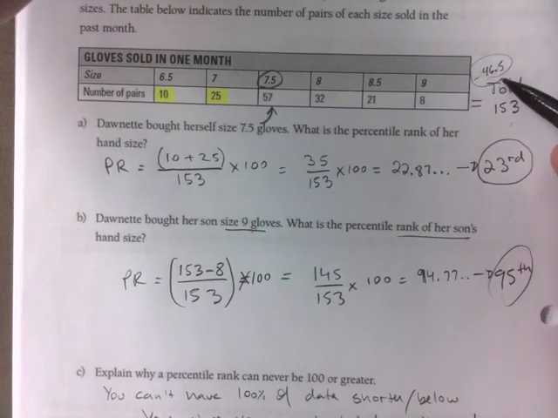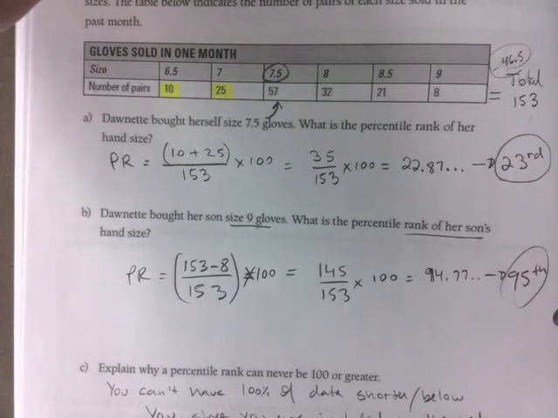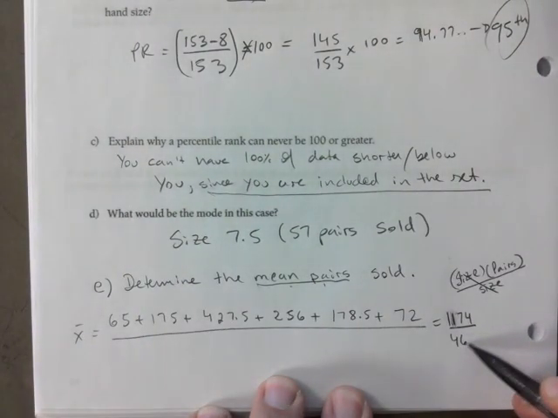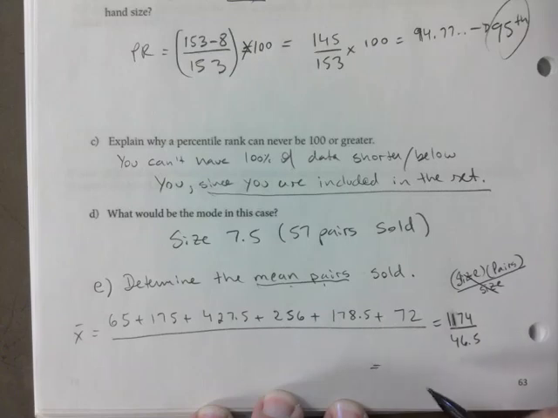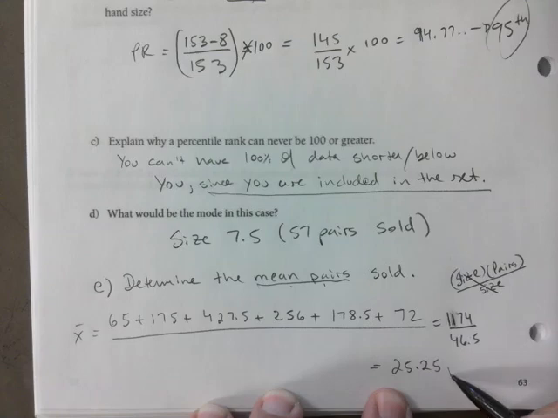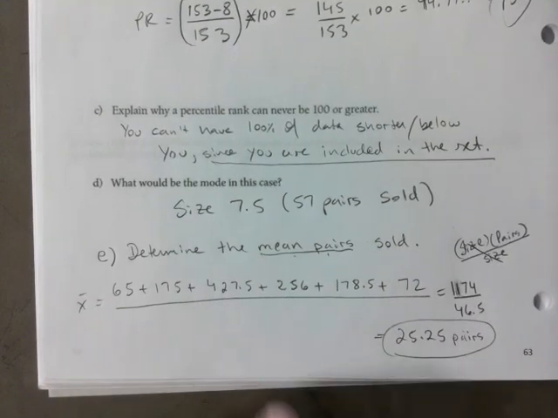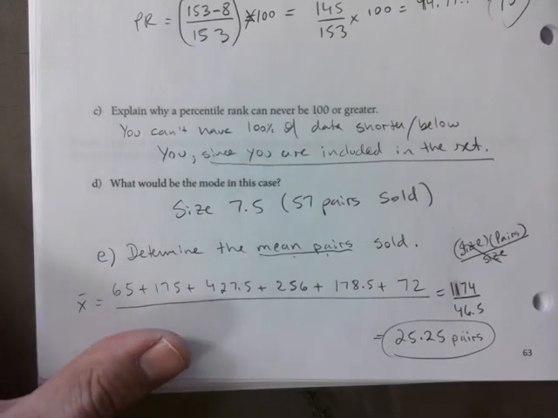46.5. Okay? It's weird. I know it's a decimal. But you just go here, 46.5. And what do you get? 25.25 pairs. Because this is the average, it's fine to state it as a decimal. So on average, you're selling about 25 pairs in this scenario. Okay? All right, before we move on,